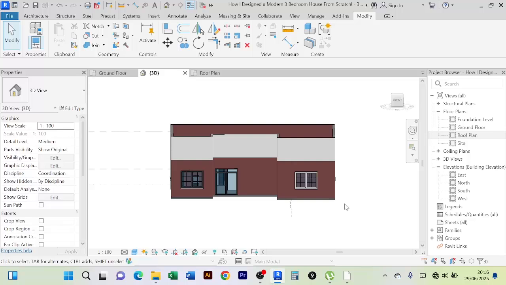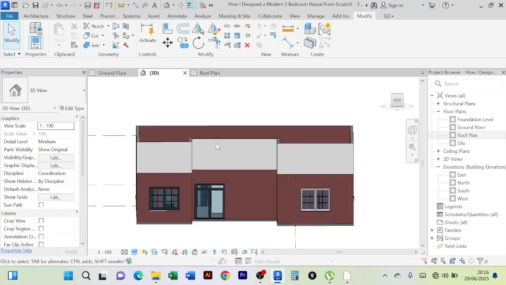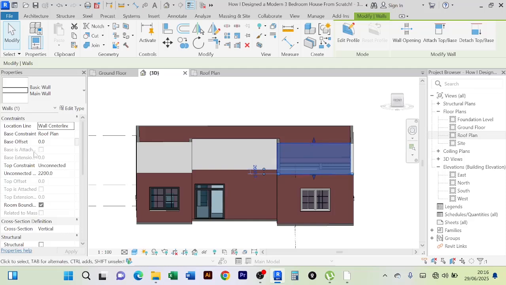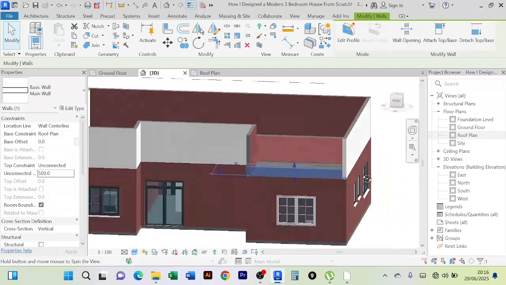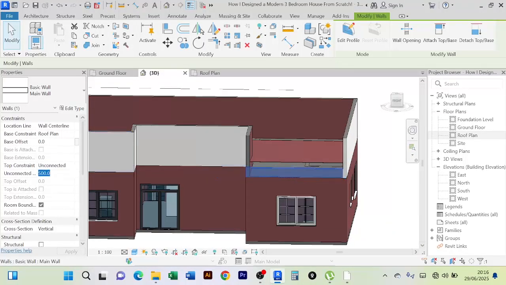However, this is not what we want to achieve. We don't want the parapet walls to be all that high. For now, I'll click on one, and from the properties side, we shall reduce it. Let me give it this size. I'll say 500, just 500, and see if it can properly cover. If it doesn't cover the roof, I guess we need 1000,